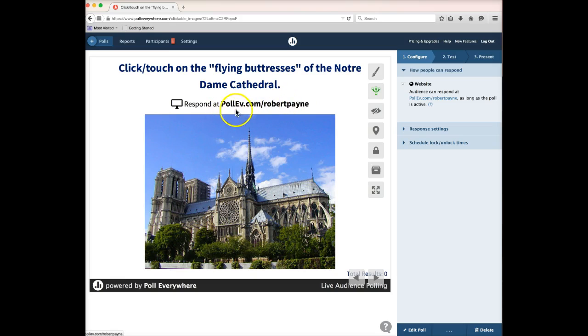So anybody who's using any of those devices that I spoke of earlier, they can use a web browser and go to this particular site and they will get access to this poll. However, if you have an Android or an iOS mobile device, both of them now have apps. That's also something new. It wasn't out earlier with version 1.0, but for version 2.0, there's free apps that you can get for your Apple iPhones and your iPads, iPad minis, all of your Android operating system tablets, your Android phones. They each have a free app, and then that way you load that app on the device, and then students